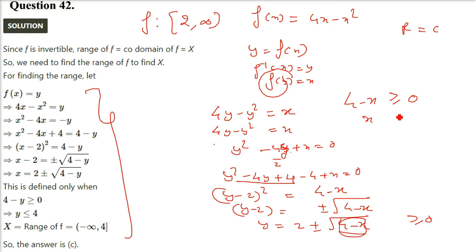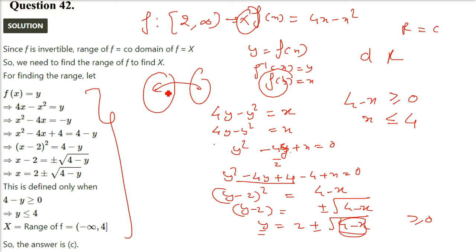So what do you get? x should be less than or equal to 4. So x has to be less than or equal to 4, or you can say when we are trying to find out the range, y should be less than or equal to 4. So essentially you are talking about the range of the function. Because it is less than 4, it can go up to negative infinity. So we are talking about negative infinity to 4, even if you try to do it either way, finding the domain of the inverse function or the range of the actual function. The same thing is going to come.